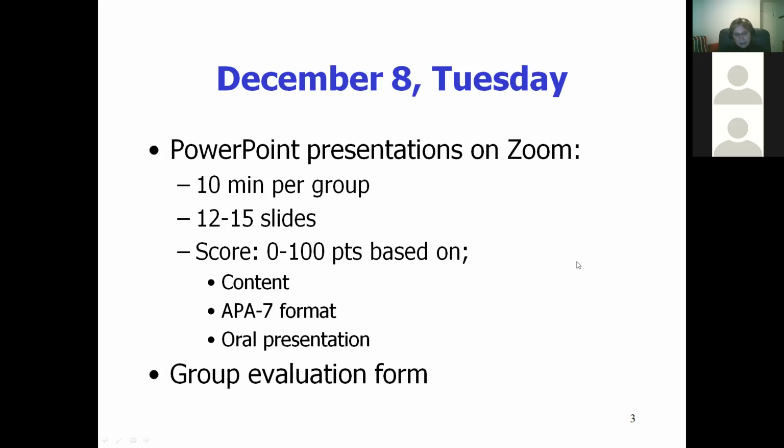Finally, like I said, your group evaluation form is ready. I will post it and email it tomorrow to everybody, where you will have a chance to say what you think about the members of your group. Of course, the best thing for me is to hear that it was all equal, 33%, 33%, 33%. But it's not always the case. I would expect that at least one of you will have taken more responsibility than others, and this is the person who I would consider the group leader.